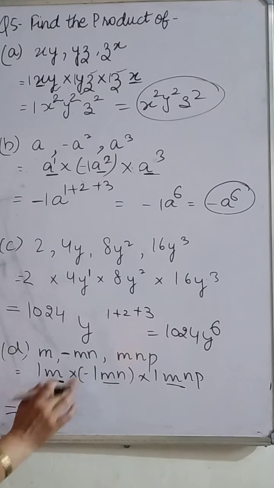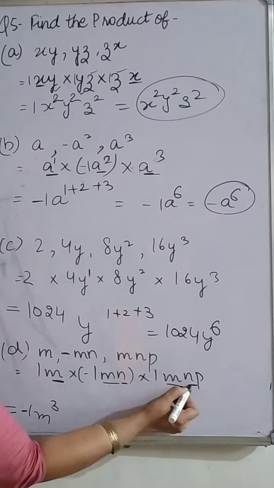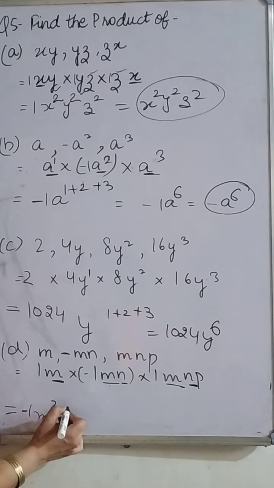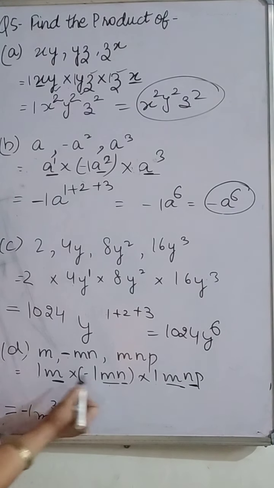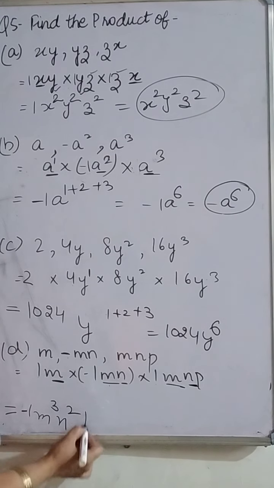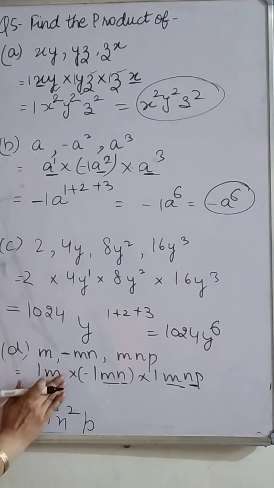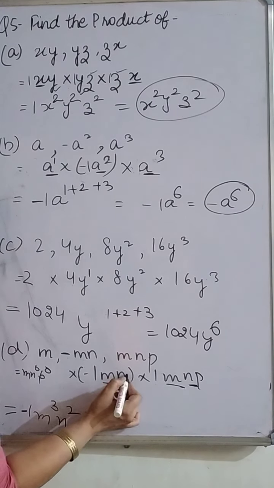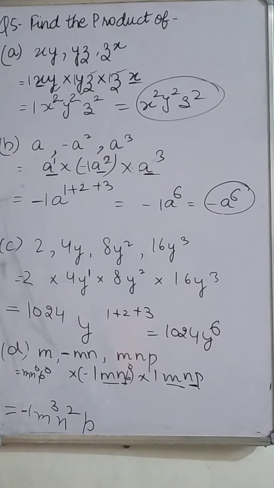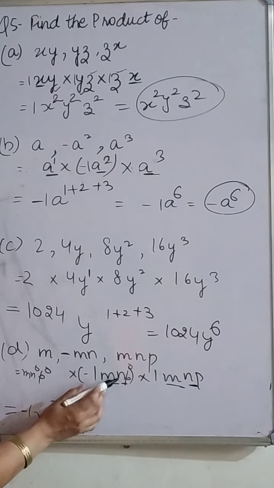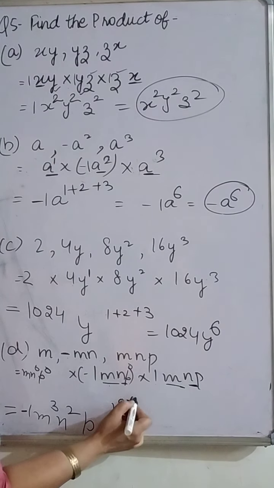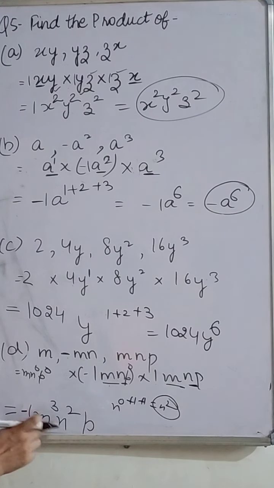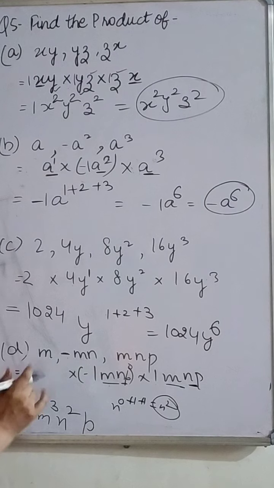Here n is not given. No problem. And next n. In last 2, n is given. n into n is n square. Here p is, in first 2 p is not given. In last p is given. So it will be p. Or here also you can write it as, see the variables are m, n and p. This you can write m, n raised to power 0, p raised to power 0. Here you can also write p raised to power 0. When you multiply, answer will remain same. Suppose if you do n raised to power 0, n or n, then n raised to power 0 plus 1 plus 1, automatically answer will be n raised to power 2. So if you don't write, no problem.